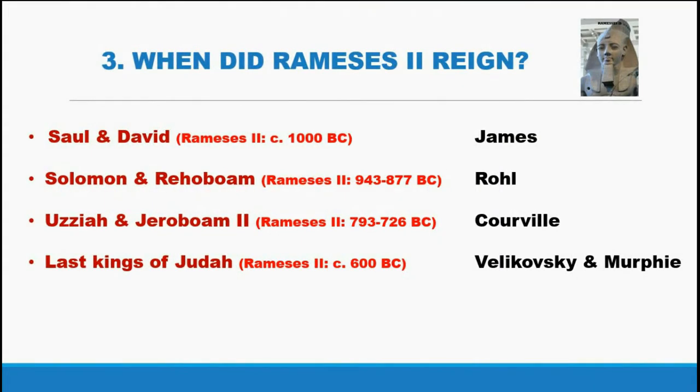And the third great problem to resolve is just when did Ramses the Great rule? Peter James places him around 1000 BC, around the time of Saul and David. David Roll identifies Ramses the Great as the biblical Shishak, who plundered the Temple of Solomon in Rehoboam's reign. And the main problem for this placement is that he